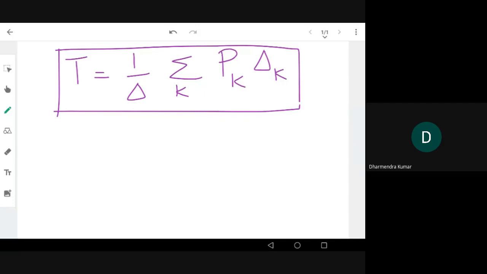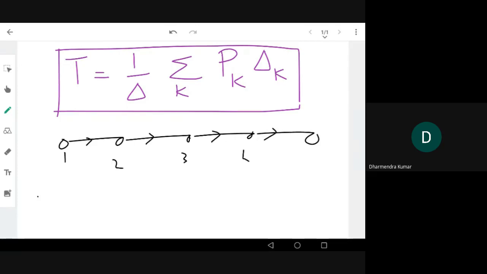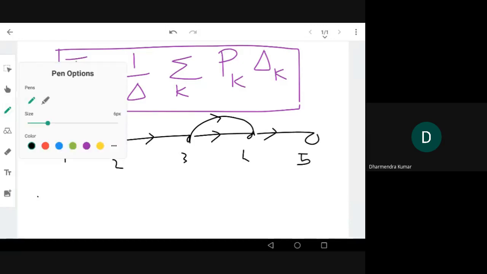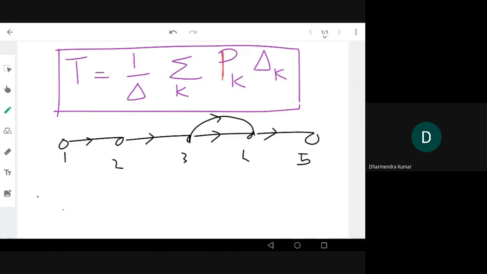We already know P. What is P? Forward path, right? So in all these examples we have discussed, the forward path is very simple. Here we have a lot of nodes, right? Suppose this is the direction, this is the direction. This is 1, 2, 3, 4, 5, and in 3 to 4 there is another path here. So from this example, how many forward paths are there? Now we are talking about P, because P is the forward path gain.